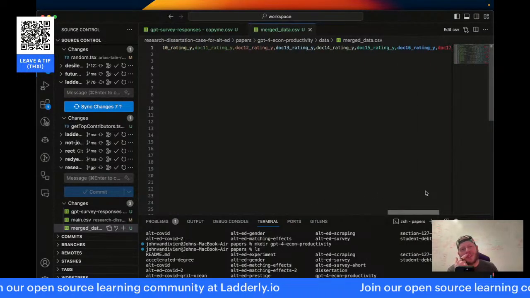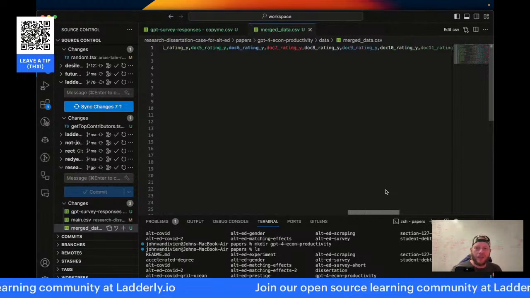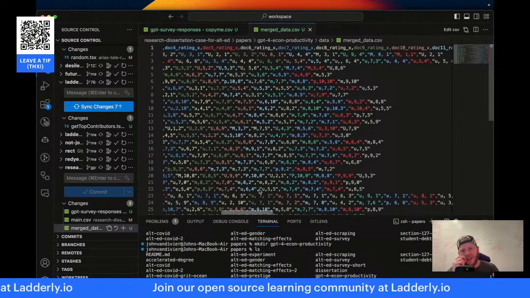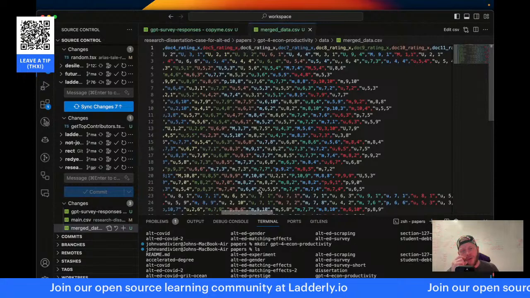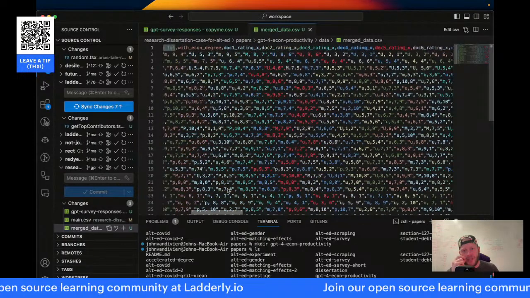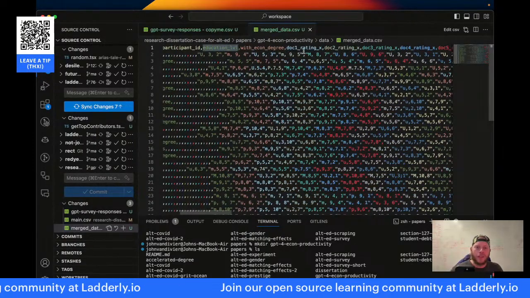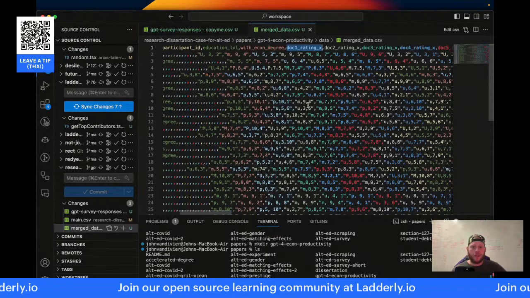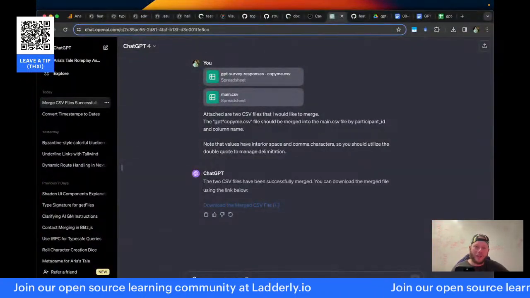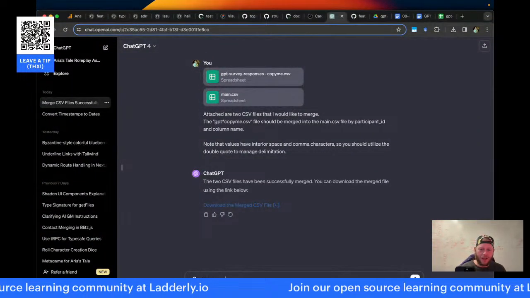Huh. It's duplicated all of the, how asinine. Instead of merge, it's preserving 2 distinct doc rating columns. This is not a merge, man. This is not a merge.